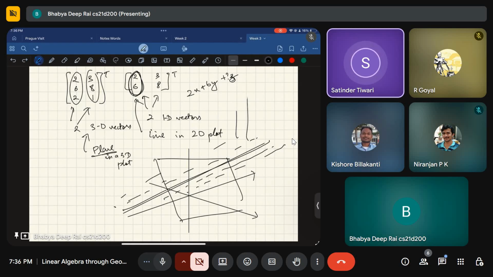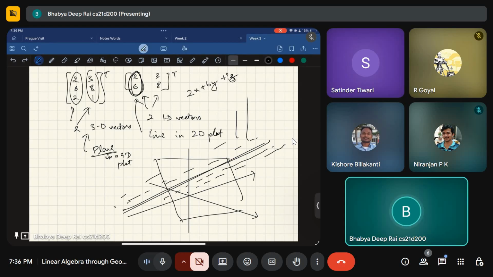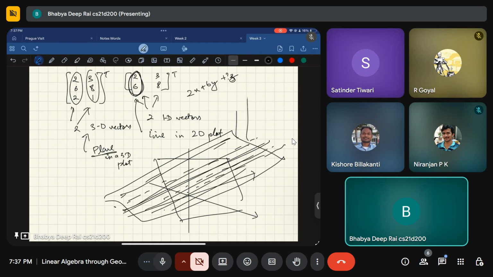That's the problem I was talking about. If you look at it on a 2D plot, it looks like one two-dimensional object. But if you look at a 3D plot, it will always form a plane because there are these infinite lines. You get it? Unless you force it, like Kishore said. Now, if I add another equation z equals 0, it means I'm adding another plane here, and then the intersection will form a line.